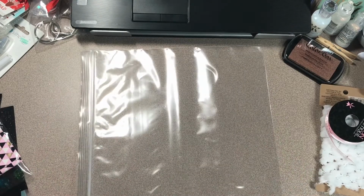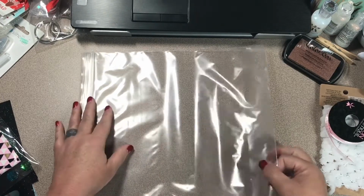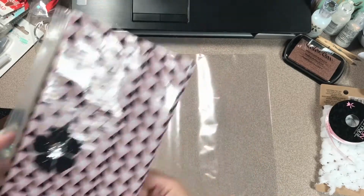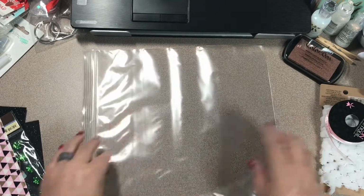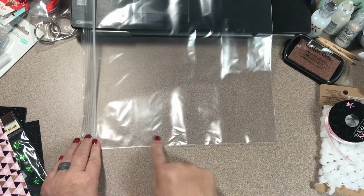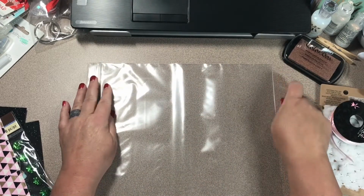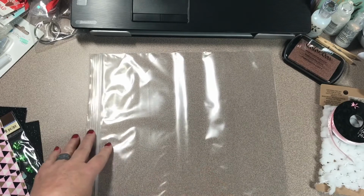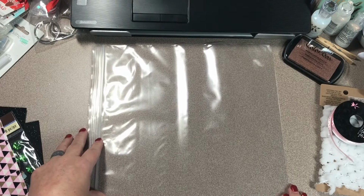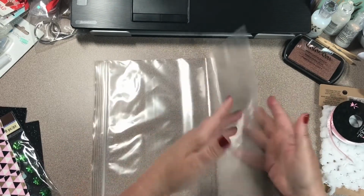But what I did was, after I got all my tape on both sides and chose which side was actually going to be the inside of the pocket, that is right here, whatever you decide that's going to be. Then you're going to run this double-sided tape all the way down this side and all the way down this side, okay? And then I took my bone folder and just rubbed it really, really good so that the backing would come off. And so then I took my backing off on both sides, and I did a dry fit